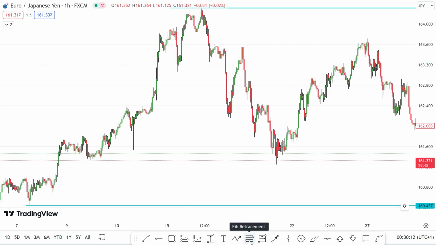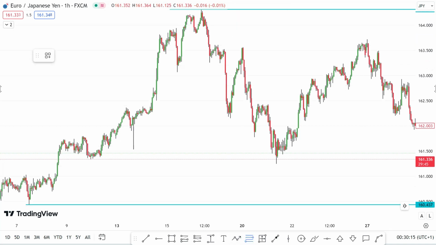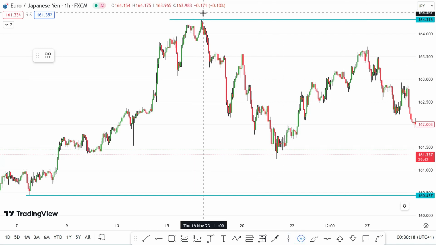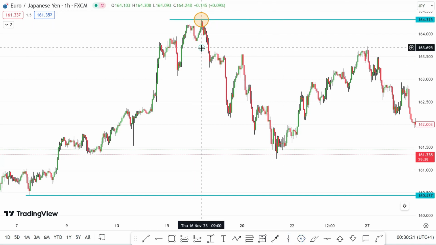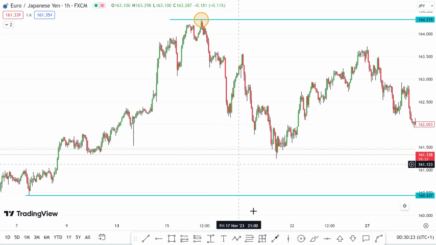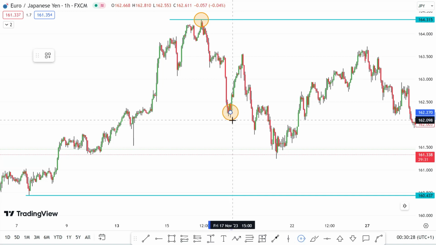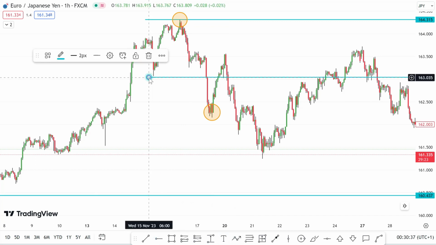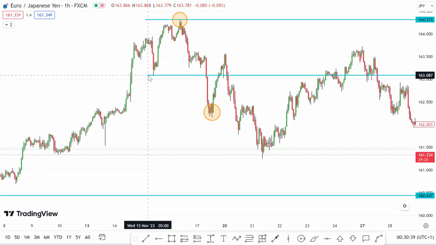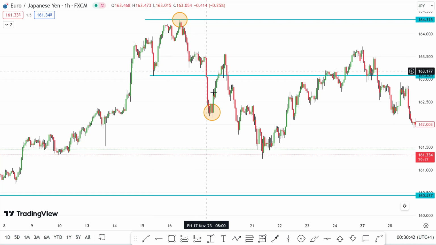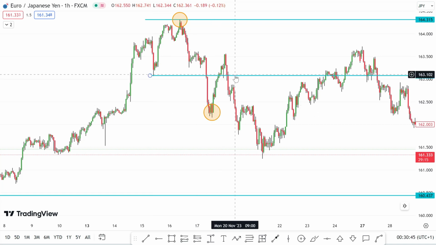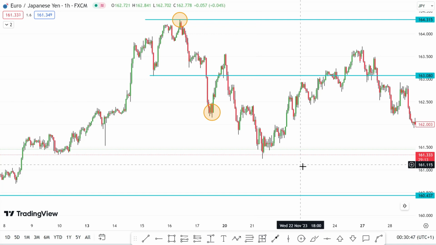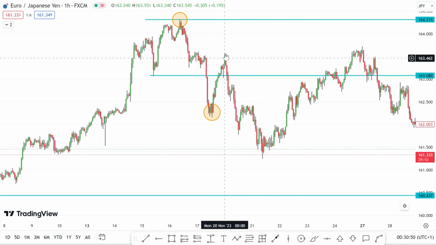I was looking at this. We got this high, then price came down, and we got this low. Okay, and already I've seen that price broke this low, guys. Price already broke here, and we saw a change of character. Price is now heading to the downside, so we are trying to catch this sell